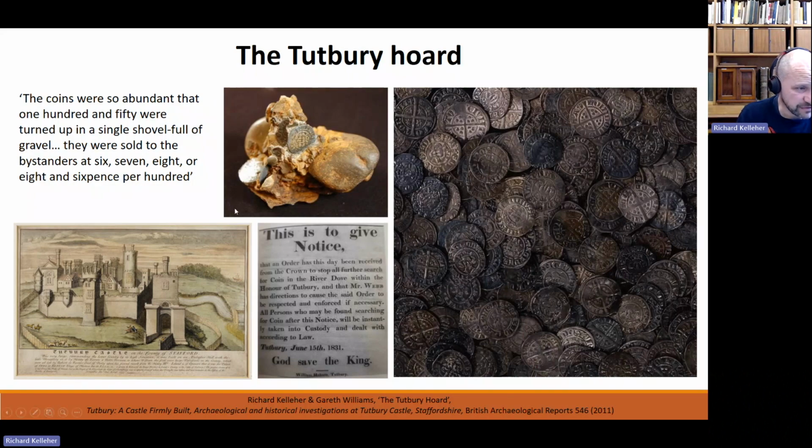Indeed, nearly 5,000 were collected by two individuals, which they sold to bystanders at 6, 7, 8 or 8 shillings and sixpence per hundred, while according to the estimation of intelligent persons in the neighbourhood, some 200,000 coins were dispersed among collectors or silver dealers at the time of finding. Now, this is a big deal. This is a big cache of silver coins. And those that survive pinpoint the date of burial to 1322, at which time the Duchy